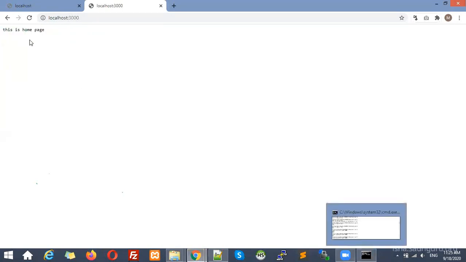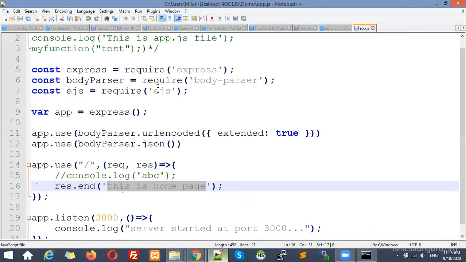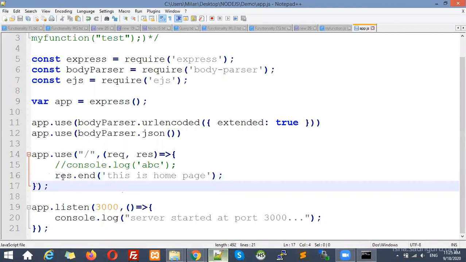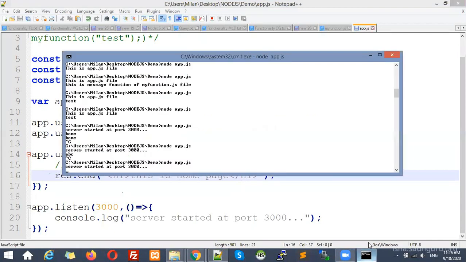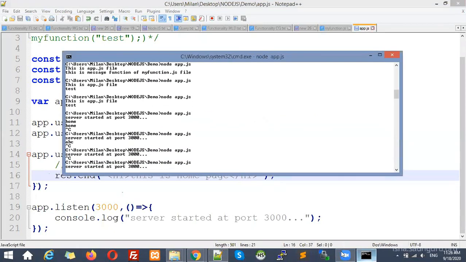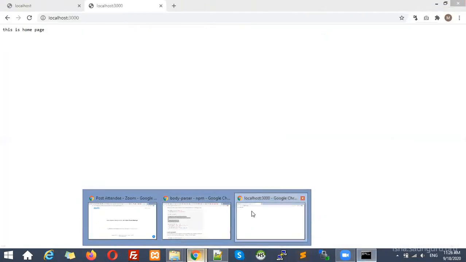So this is how you can print into the browser. Okay. Now here you can type HTML code also. For example, instead of this one, I am going to type H1, H2, H3, table content, whatever dynamic content you want to give, that content you can give over here. So that content will be executed and run in the browser.